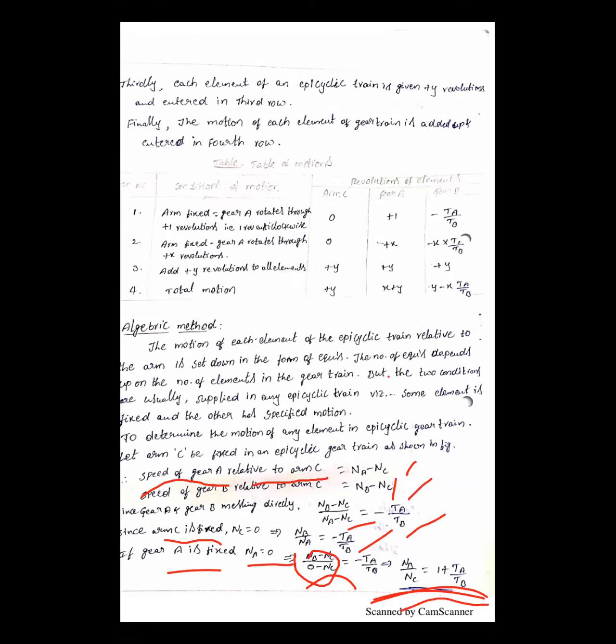The example regarding the problem. All of you read it carefully. In an epicyclic gear train, the arm carries two gears A and B, having 36 and 40 teeth, rotates in the direction about A, which is fixed. Determine the speed. Next, if gear A, instead of being fixed, makes 300 in the direction.